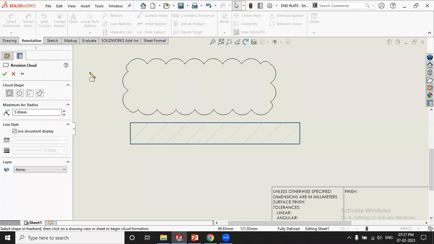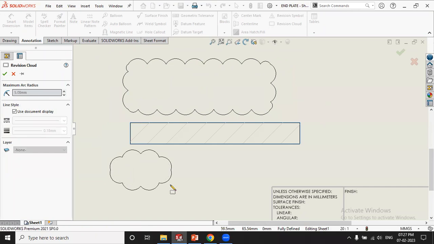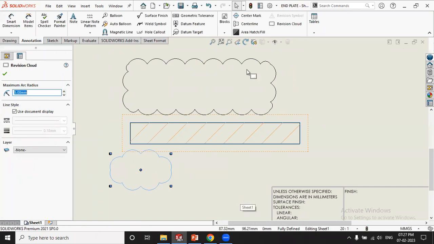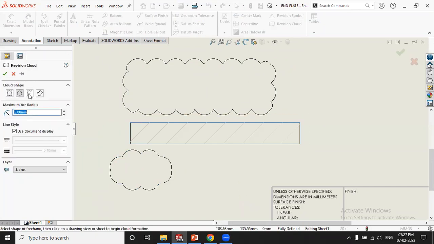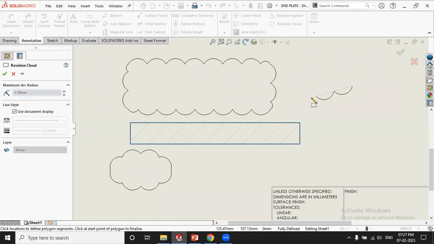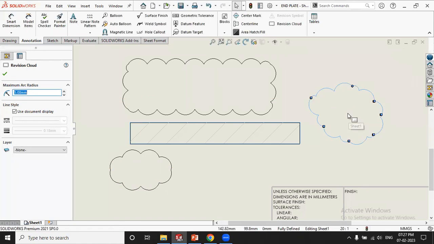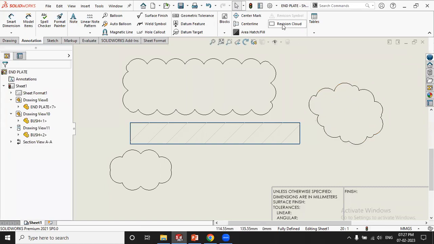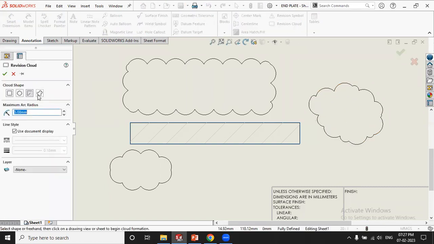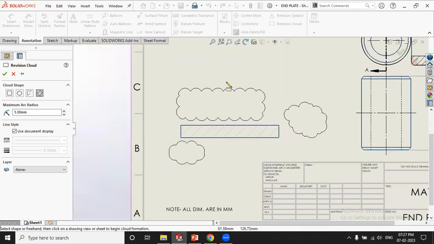If I go to cloud revision again and click on ellipse, you will get an elliptical shape. Same if I select irregular, you will get an irregular shape. If I click on freehand,